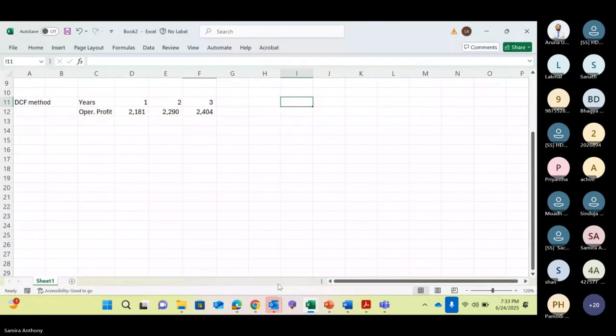Yes, you will add back the cash balance to that. Some people add back financial asset also to that. If you want to add back financial asset, you can't take cash flows from finance income into the cash flow calculation. Either you consider it in the cash flow, or in the value. Only one you have to consider, right? Okay, that's clear, Priyanta? Yeah, that's clear.